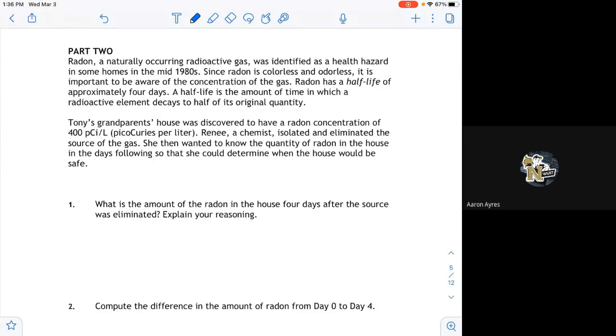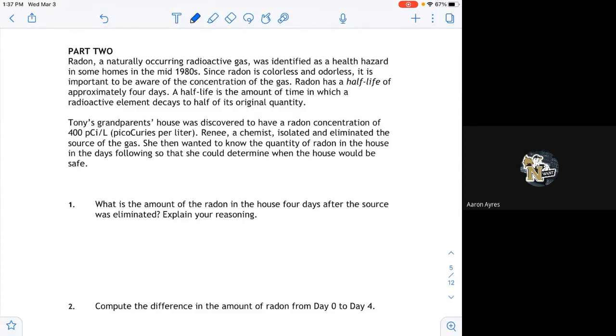Okay, so here's the quick answer for that. You have an element, you have a certain amount of it. Radioactive elements have a half-life. Radon is a big example of a radioactive element. You guys might have radon sensors in your basements, because they want to make sure that the amount of radon in the basement is not at a radioactive level.